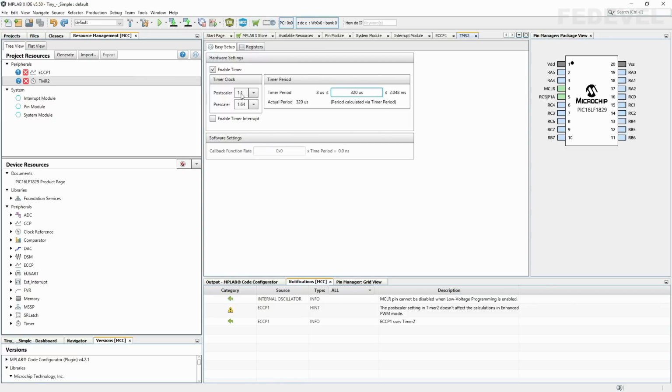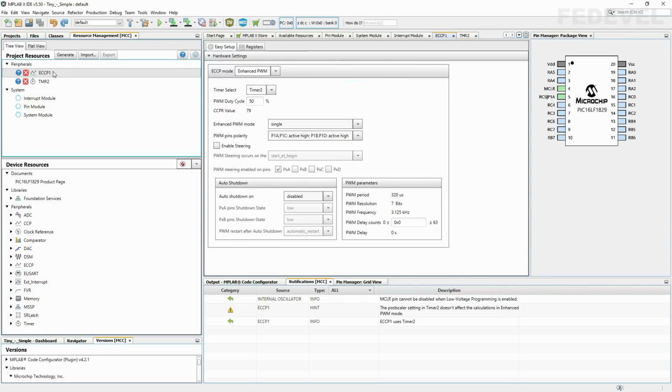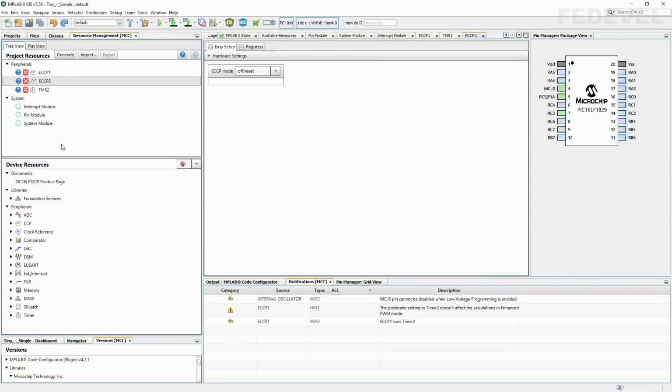Okay, now timer 2 is set up correctly. We can go back to the ECCP1 module. You can see the default duty cycle is set to 50%, and everything here is correct. Perfect. We also would like to set the ECCP2 module. Click on plus.